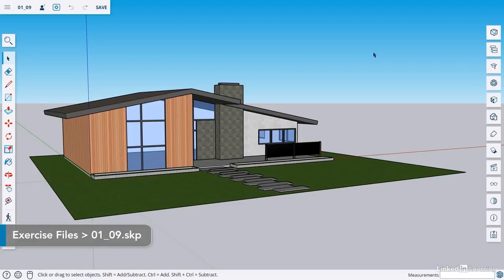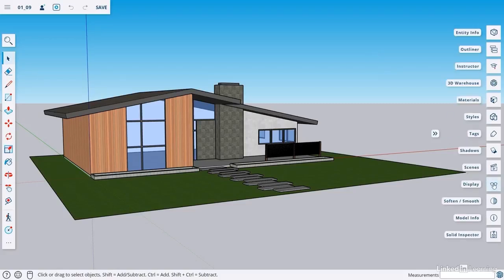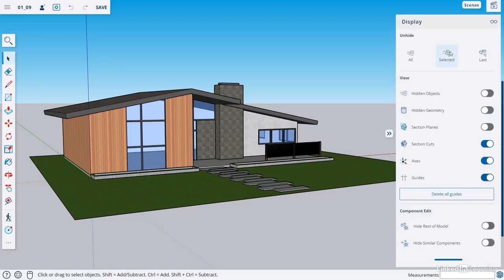Now let's take a look at some other ways to customize your views. We're going to look at shadows, fog, as well as display options in SketchUp Free. So let's go over to our panels, and I want to click on Display. Now this allows me to hide and unhide objects, and we'll get to that in a little bit. But we also can turn on things such as section cuts,